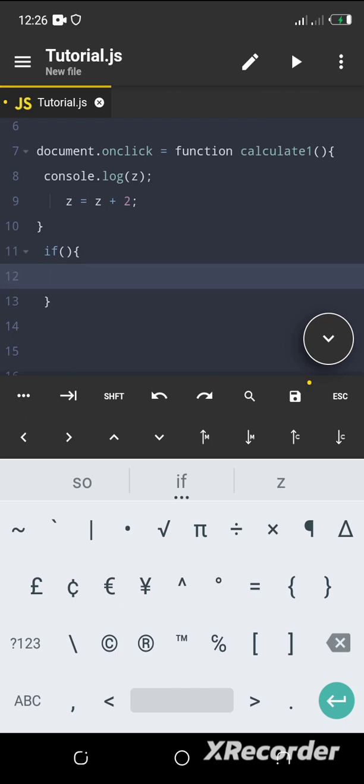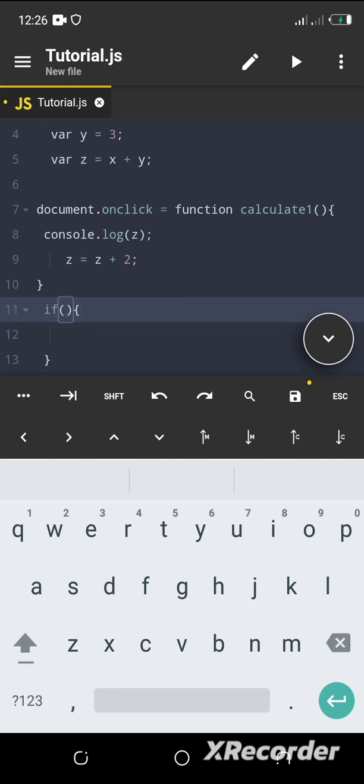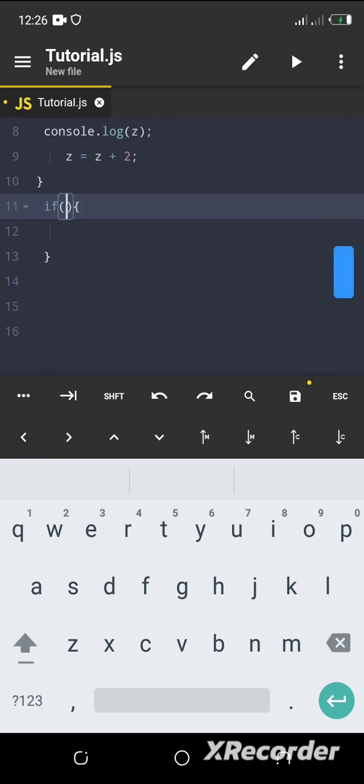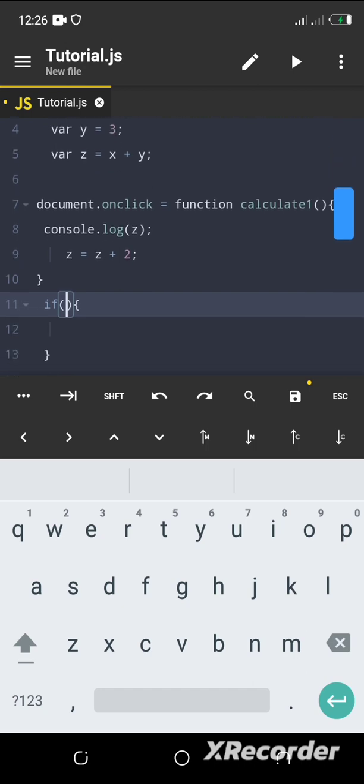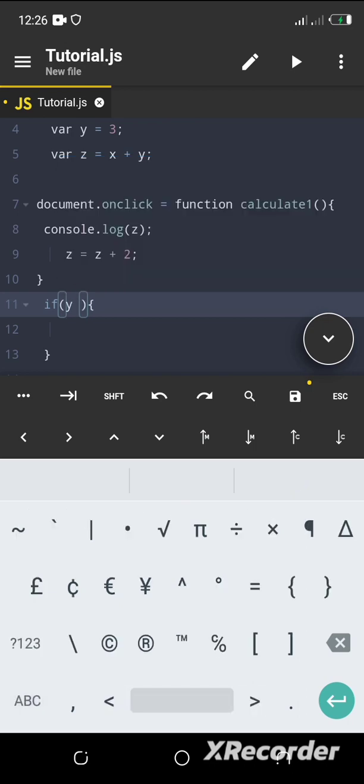So we are going to pass a condition to it. We are going to write our statement. This is the if statement function. So here we want to pass our argument, our statement. This is where you write your statement, and this is where your statement gets determined if it is true or false. So here we are going to say if y is equal to